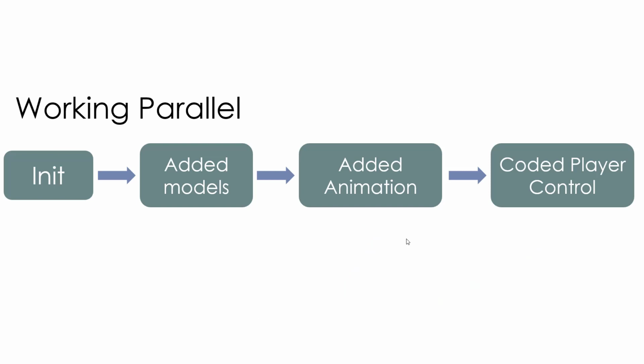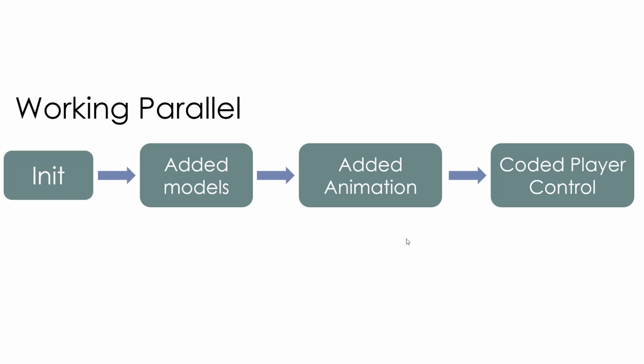The second thing it can do for you is to work in parallel, right? Oftentimes, when it comes to making a game, you will not be working alone, right? You have a team with you, which means you have modelers, animators, and coders. In that case, it shouldn't be like this, because the animators could be animating, and the modelers can be modeling, and the coders can be coding, right? And you kind of want it to be able to work in parallel instead of in this linear way. So in this case,